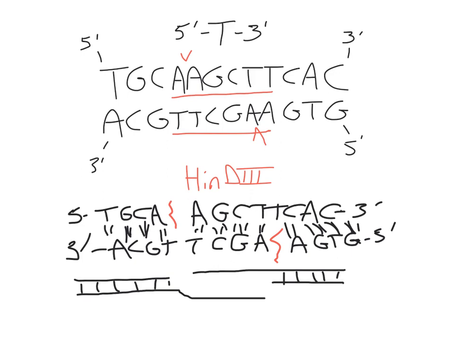Or if we heated them up and cooled them back down, so that the double-stranded parts that could form did form, then you'd have 1, 2, 3, 4 nucleotides that aren't base paired with each other. So that's what that double helix would look like after the cut. Those 4 nucleotides here in the middle that are in between the two backbone breaks are single-stranded at this point. So you could add DNA ligase and ligate the backbones back together,